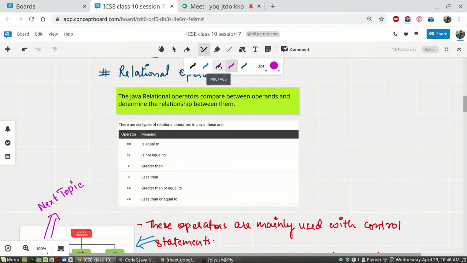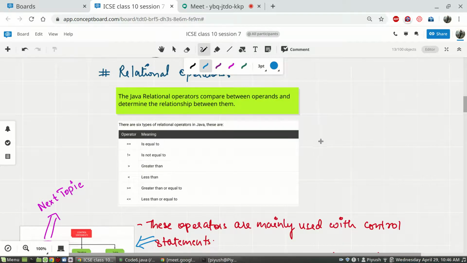First of all we'll see how many types there are. We know there are 6 types of relational operators, which are used for comparison between operands and to determine a relationship between them. So how can we determine the relationship between two operands using one of the 6 operators?